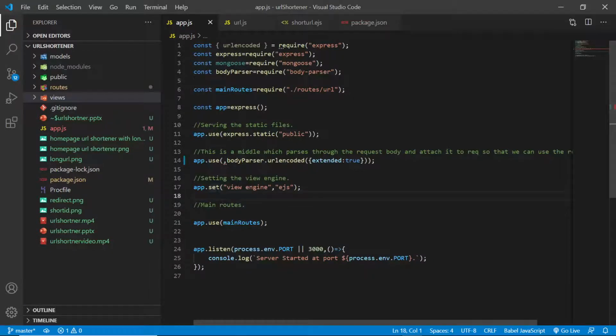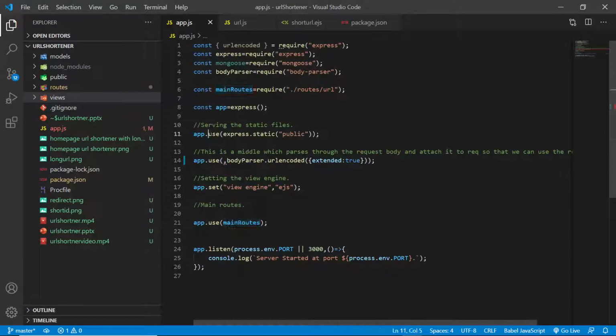And we set the view engine to be EJS, which is embedded JavaScript. There are many templating engines, and we have used EJS. It is very simple to use, that's why I used it. And this particular middleware app.use: whatever we have exported from the url.js, we required, that means imported, over here and use inside this app.use.